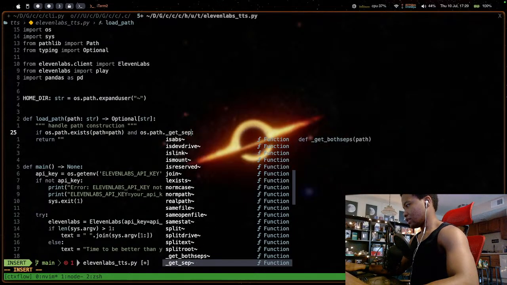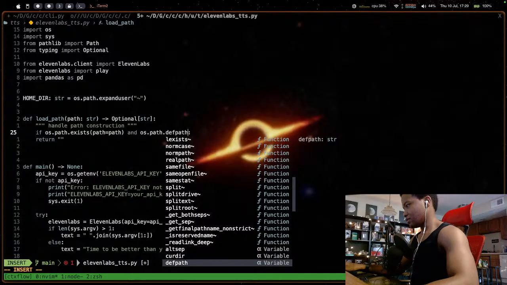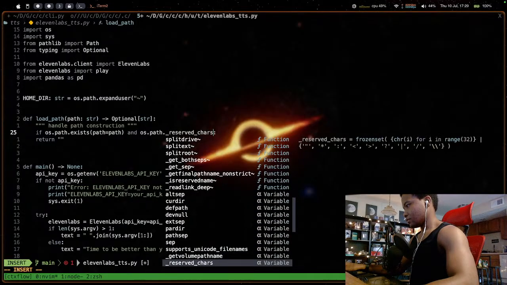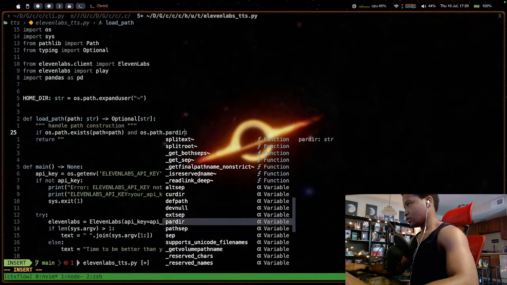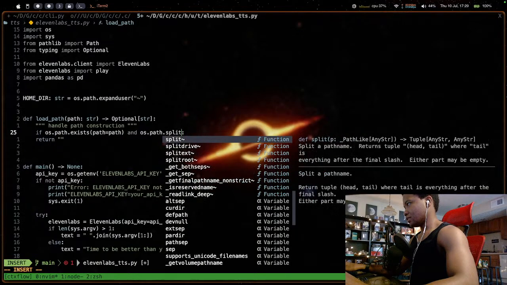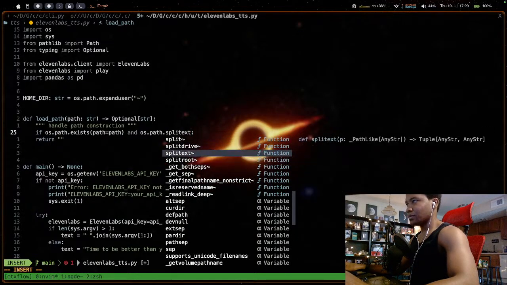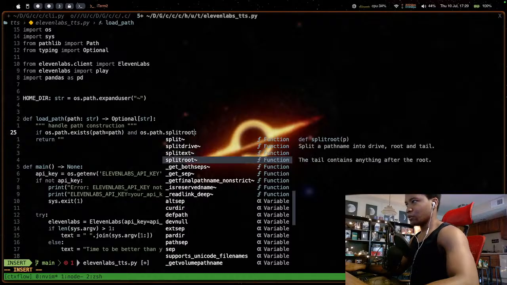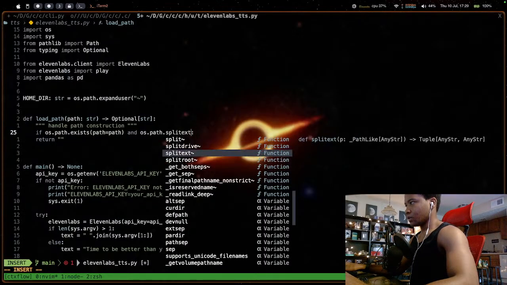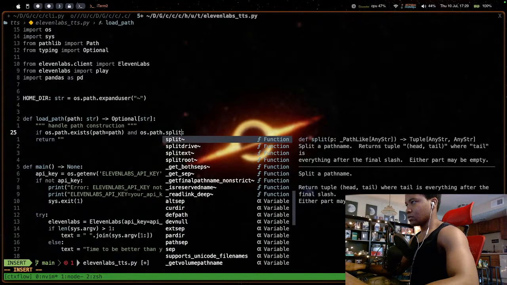I don't know what it's called. Is a link. Oh wait, I think it's splitroot actually. Split extension, I think. Splitroot splits the pathname into drive, root and tail, where tail is everything after the final slash.